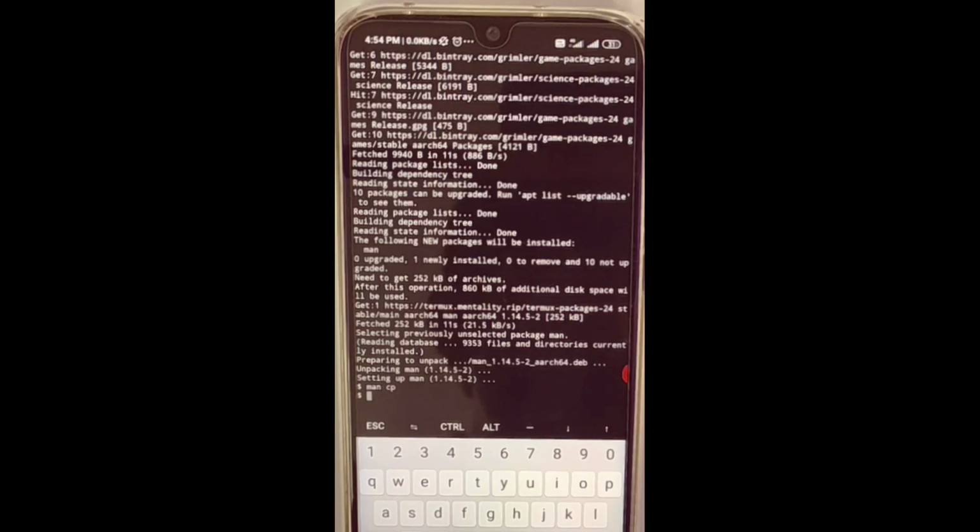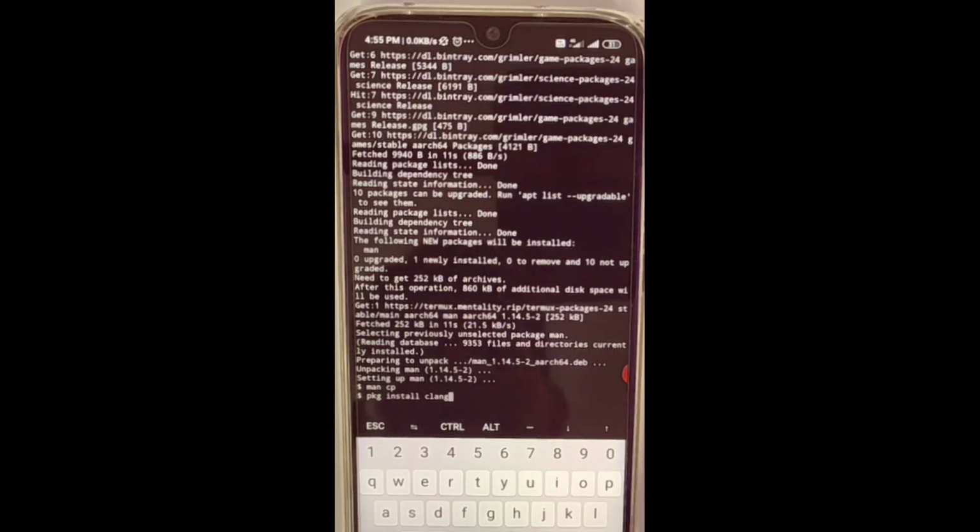Before installing C programming, the C compiler to be exact, you have to use pkg space install space clang, C-lang. If you type that and enter, it will install C programming. But sometimes you will get some error, if you are getting an error that your terminal is not updated, please update before installing C programming.